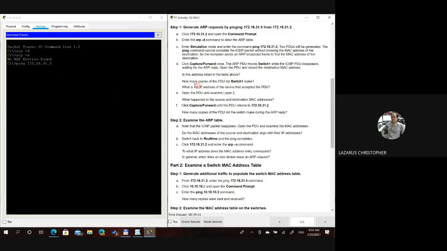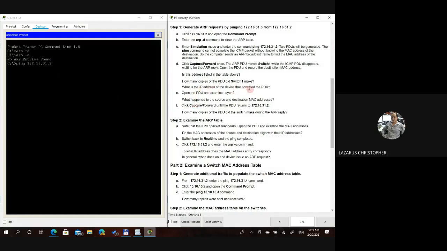Okay, because you see, there will be one that is the accept will be tick. Do not accept as before will be a cross. Okay, because it's an ARP request, it is a broadcast frame. Yeah. So